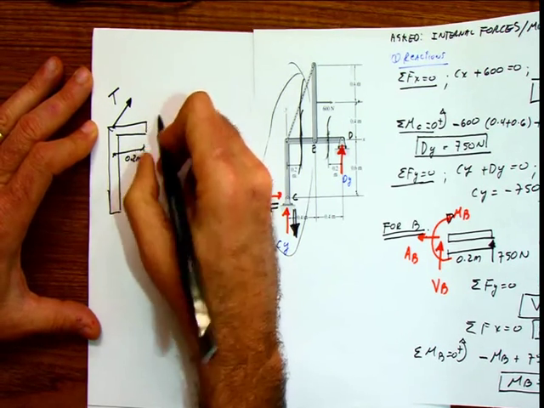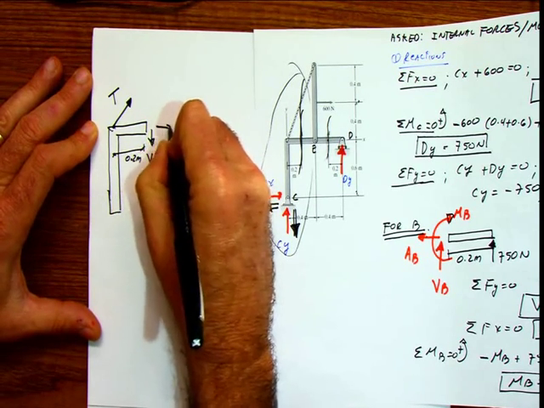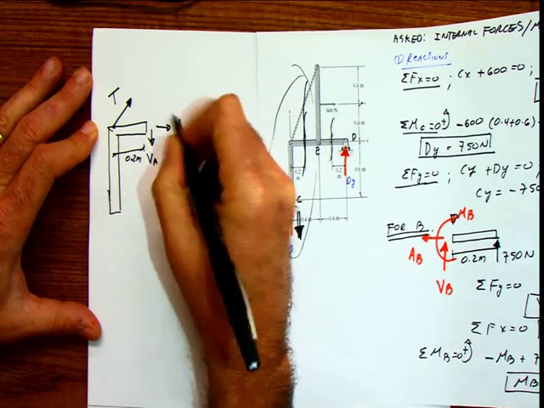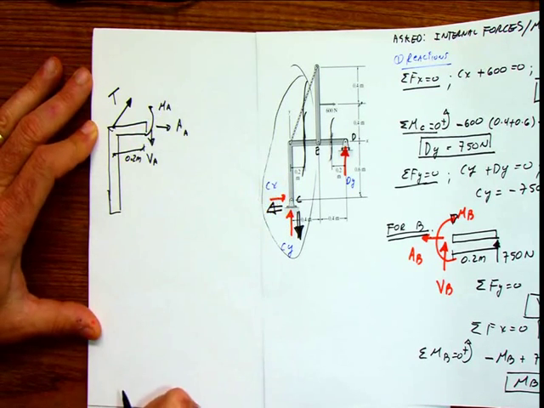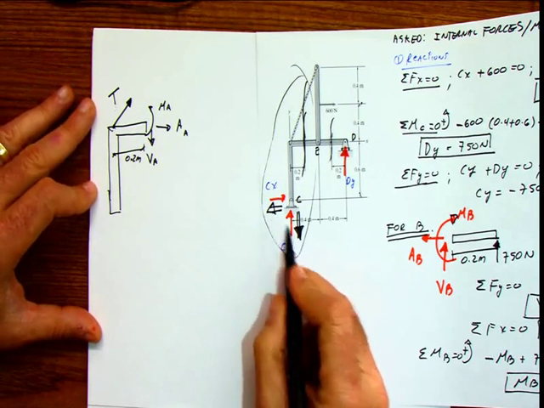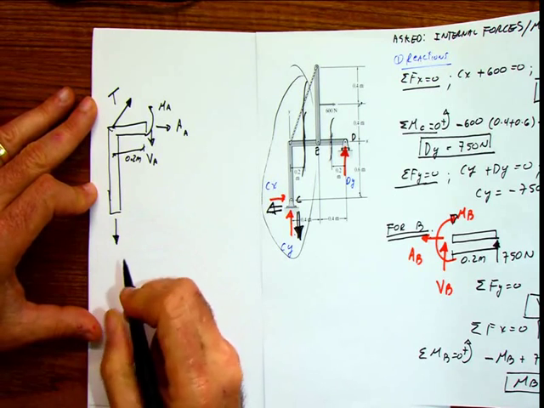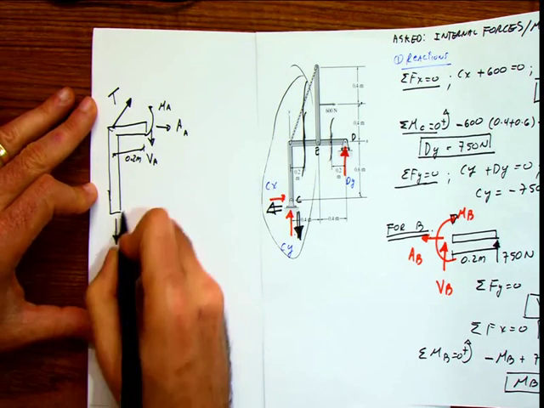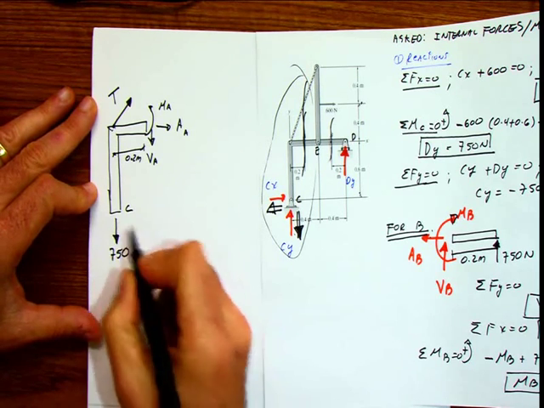Here, I'm going to have my internal reactions at A, my axial at the point A, and my moment at the point A. And here, remember that we switch because they were negative, and that's the idea of switching it, so that you don't forget it here. Then you're going to have the point C, and this is 750 in this direction, and this is 600